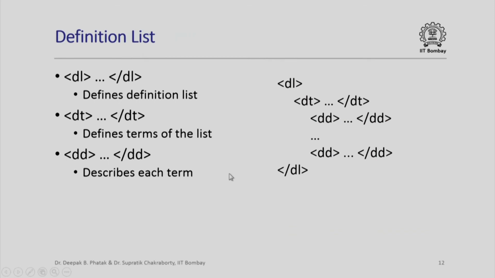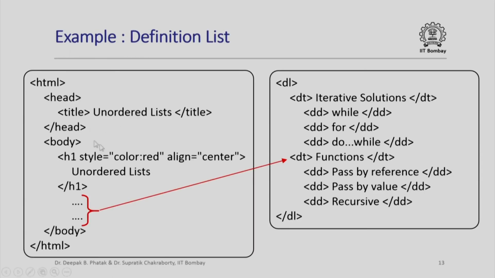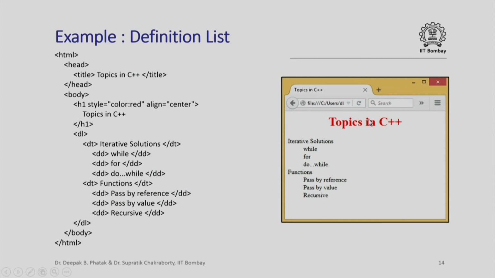There is also a notion of a definition list which does not have either bullets or numbered. I will not spend time on this, you can look at the details. Suffice it to say that I can define a definition list which will appear like you see a series of definitions in a textbook on physics, for example. Just let us look at the example here. Here is an example of definition list, this complete HTML page, and this page will be rendered by the browser in this fashion. So, look at what appears here. This is also a list, but this is called a definition list.